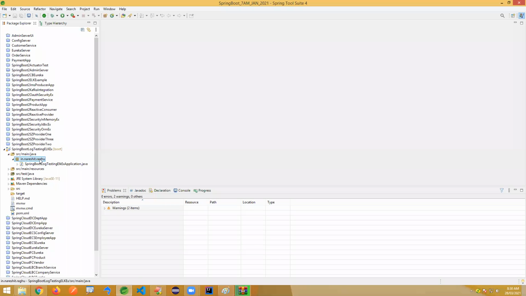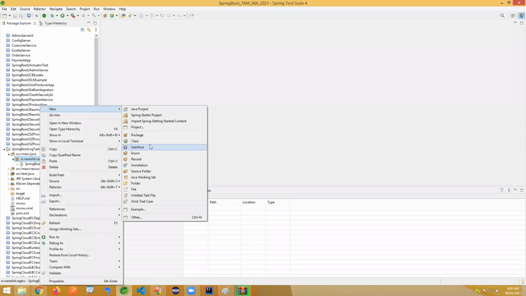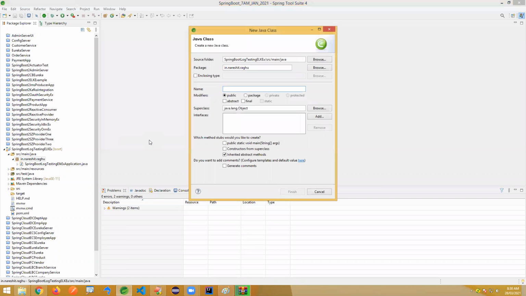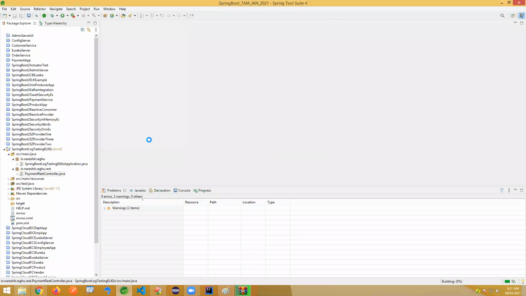I am just writing a simple REST controller, like a payment REST controller. You can take previous examples if you have already. Just enable the log lines.